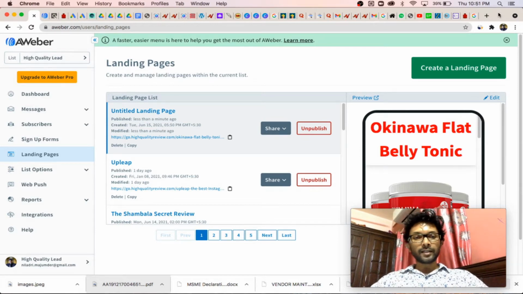You don't need an expensive software like ClickFunnels to create a high converting landing page. You can create a high converting landing page by using Aweber. This is an email marketing software, and I several times use this software to create a high converting landing page. So in today's video, I'll show you how to promote a ClickBank product by creating a landing page by using